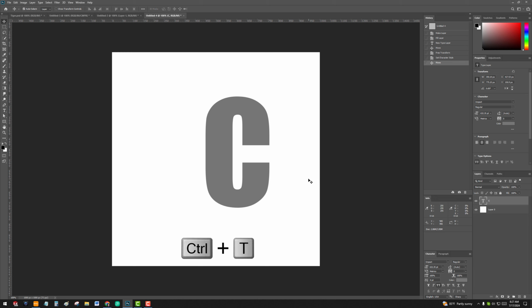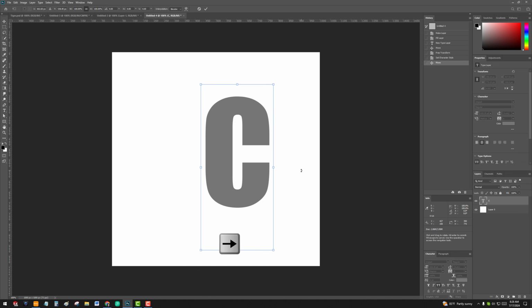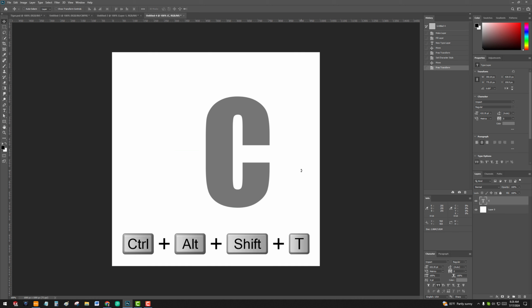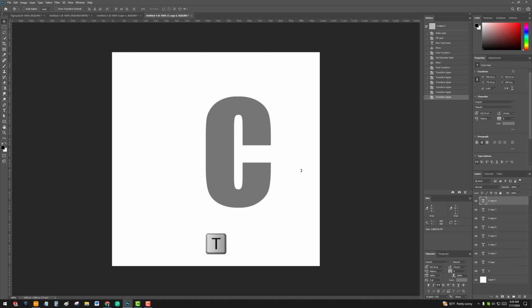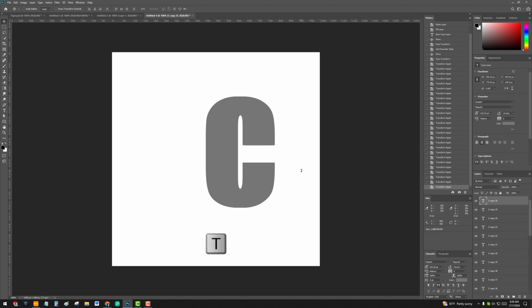To do this, I am pressing Ctrl T from the keyboard and pressing the right arrow only one time from the keyboard, then pressing enter. Now press Ctrl Alt Shift T from the keyboard and keep pressing the T, and new layers will be created. Create at least 40 layers. I have created 41